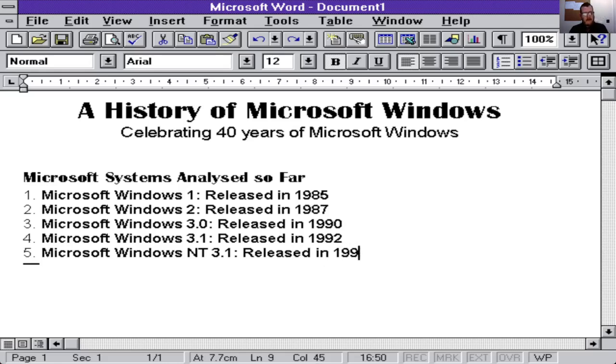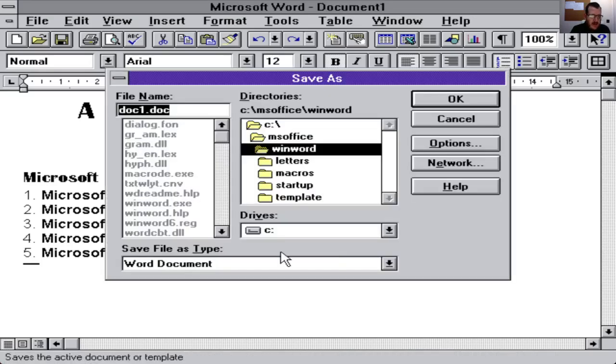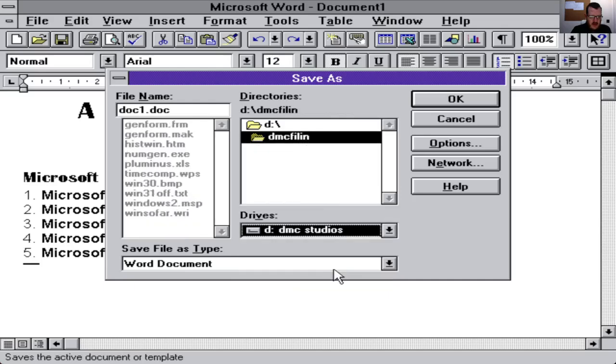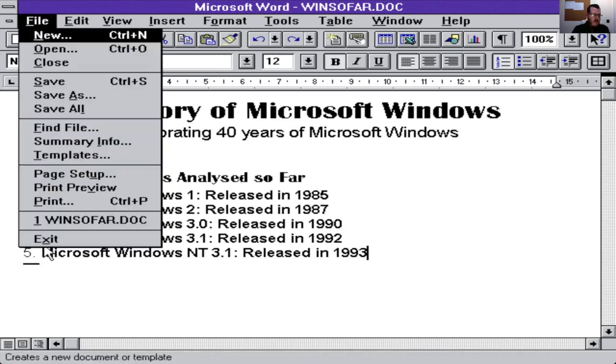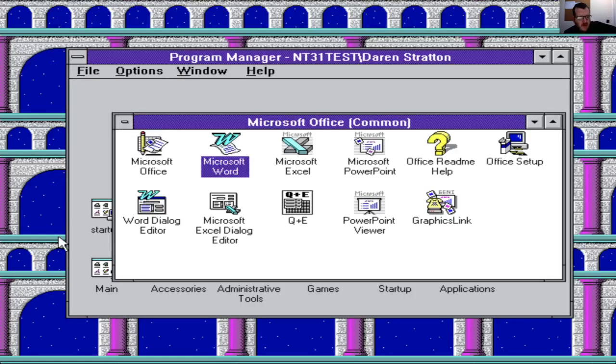So then I'll save that, because now you can save it by using Control-S, and I'll put it into D, the DMC Studios, and we'll call it Wins So Far. That's showing up as all caps, which is rather interesting because it didn't do that in Paint. But now that that's done,